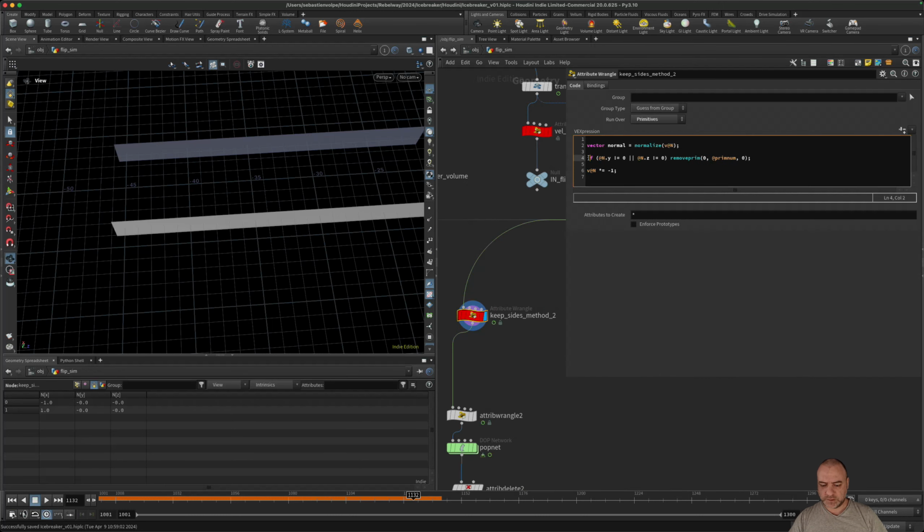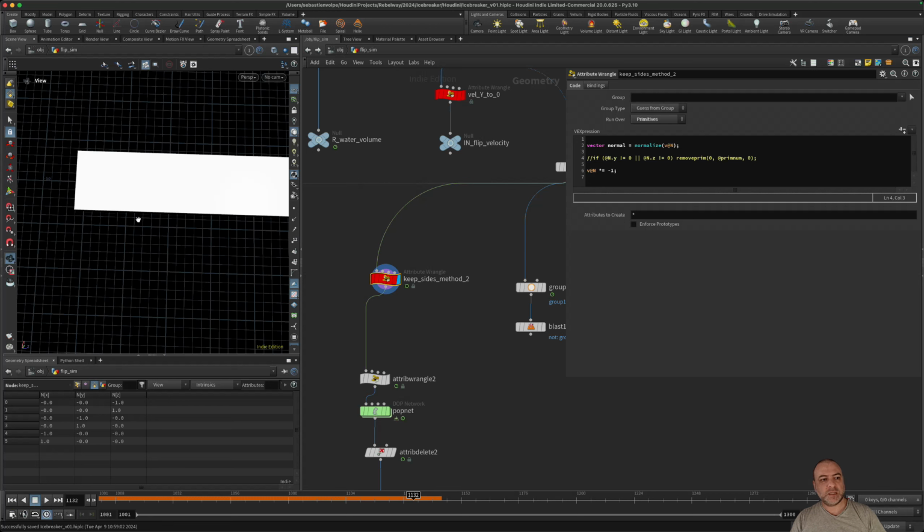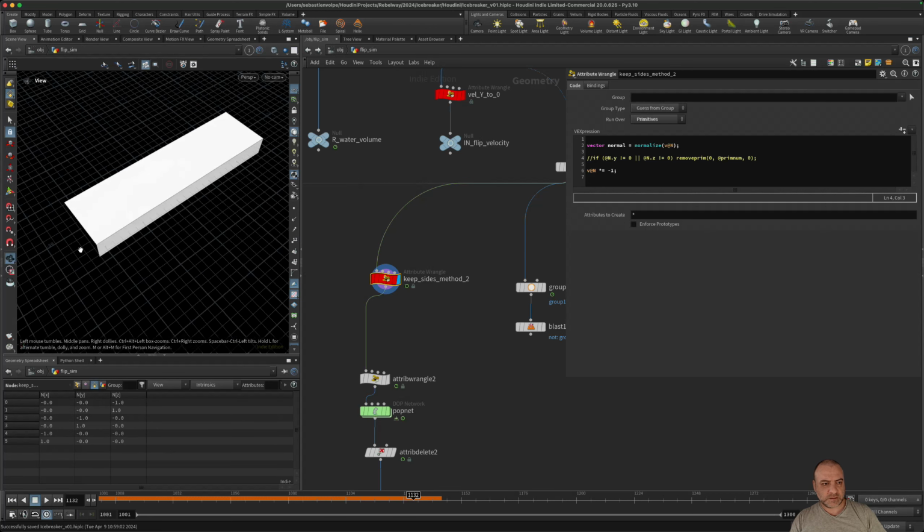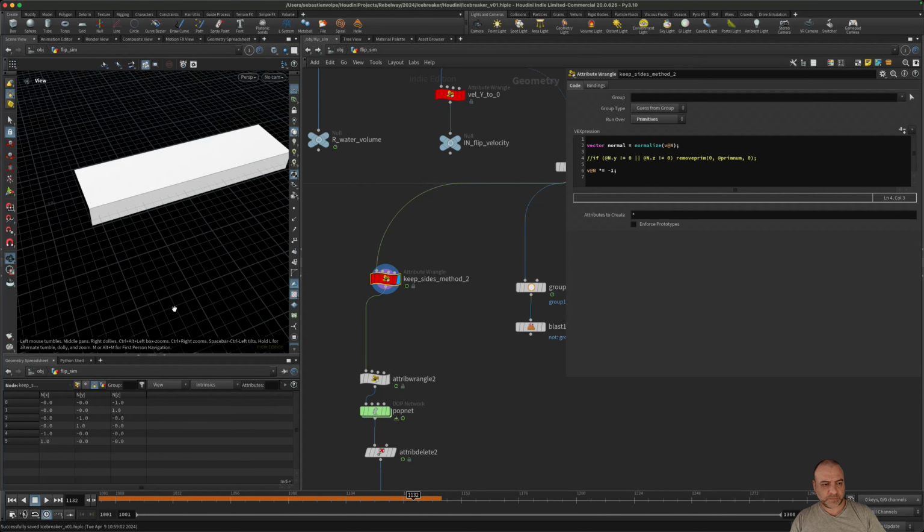Here, so I just comment this line. I want to keep normals with x positive and x negative. If I'm looking at the primitive normal, x positive, this is this one, and x negative, this one. Only these two. And if I'm looking at the other values, the y and z are 0 for the box. So this normal, I don't want this one. This is the other face, bottom and top. I can see the normal direction is 1. Here is negative 1. Here it's negative 0, like this one. But in Z, it's positive 1 and negative 1.